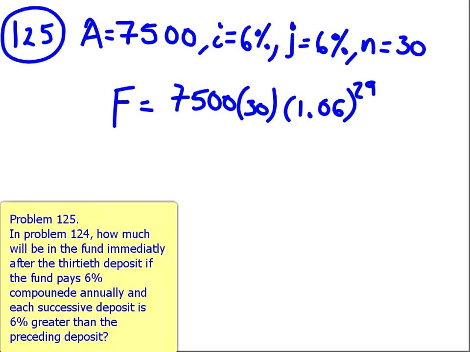From the information in the problem, we notice that the first annuity is for 7,500. The interest rate is 6%, and the increment of the payments is also 6%, so we need to be careful and again check which formula we're using. n is equal to 30 again, so the expression that we have now is F, the future value, equals 7,500 times 30 times 1.06 to the 29, and that answer is